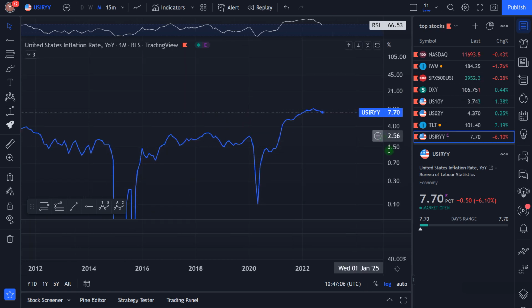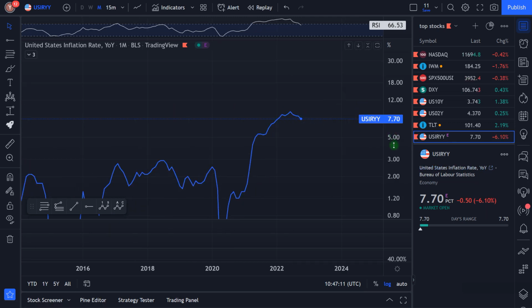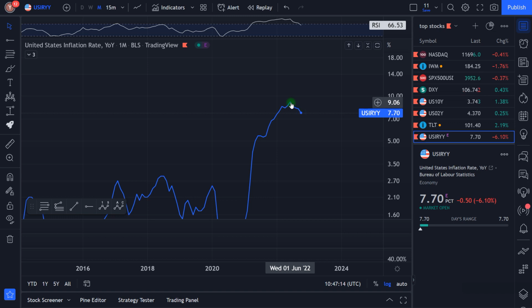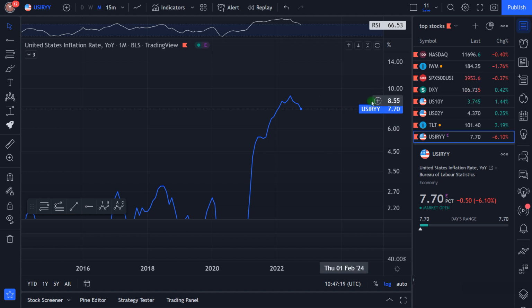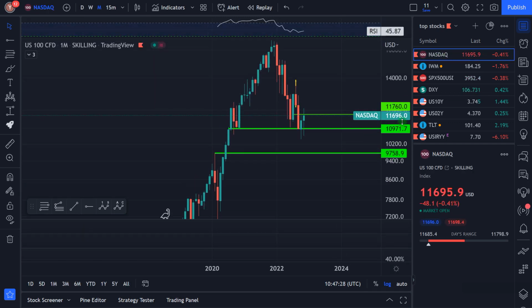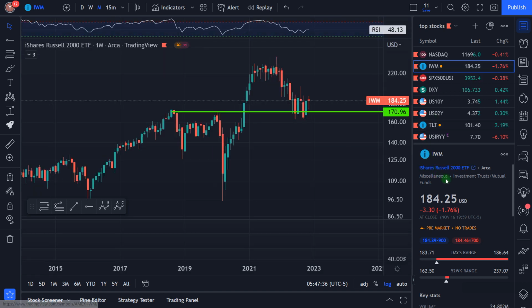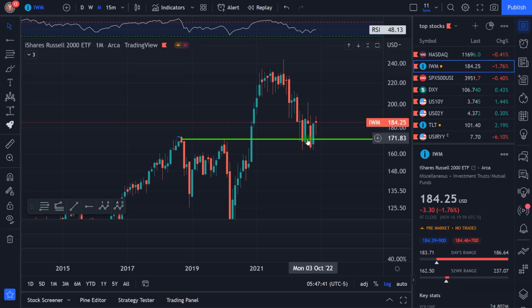The last data is that the US inflation rate is 7.7%. At its high levels, it was about 9. So now it's very positive momentum for the indexes, for the stocks. You can see that Nasdaq last week continued to bounce from its support level, and the Russell 2000 also bounced from this support level since the beginning of